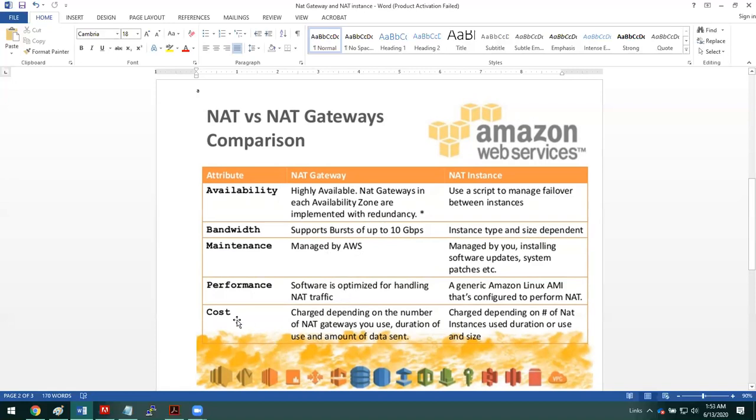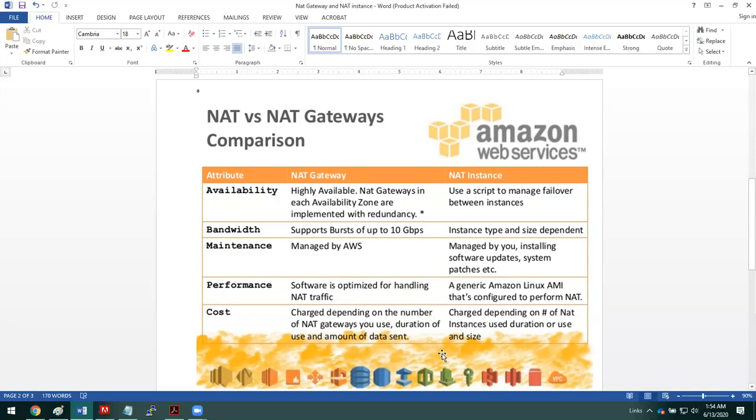In terms of cost, it is charged depending on the number of NAT gateways you use. We can have one NAT gateway in one availability zone deployed in the public subnet, and based on the amount of data sent and the usage, they will bill.